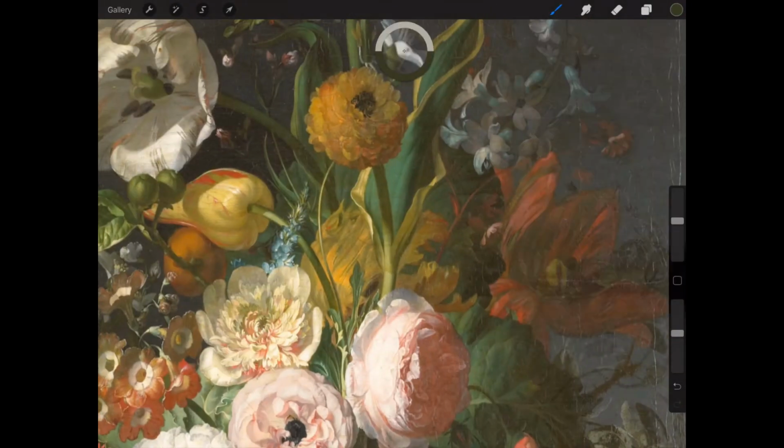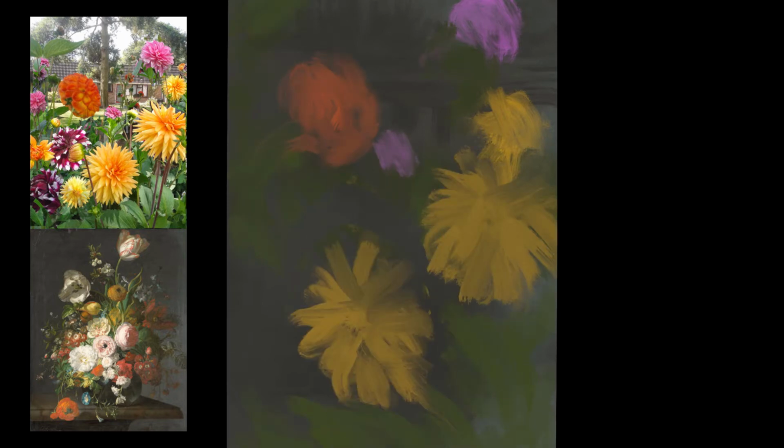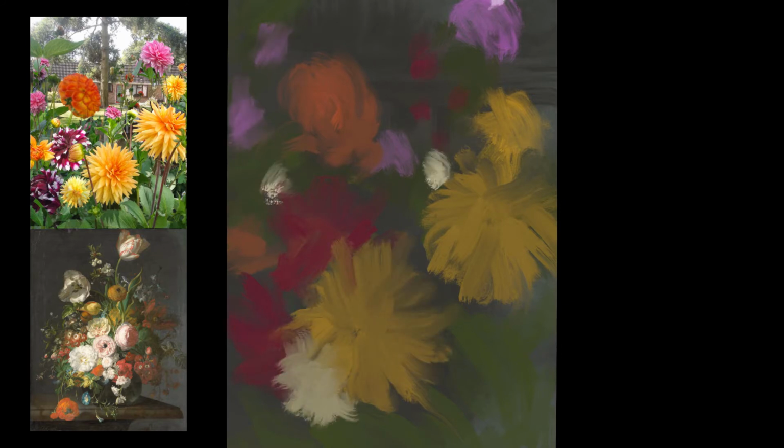Today I'm painting in the style of somebody called Rachel Ruysch. I don't know if it's Ruysch or Rush, I'm not sure how to pronounce it, but I'm going to say Ruysch. Nobody has actually suggested that I paint in the style of this person, but I wanted to do it because I was surfing the internet, looking at artists that people suggested, and I came across this flower painter, I guess, and I was struck by the detail in the work to